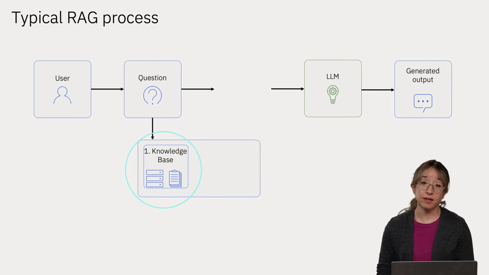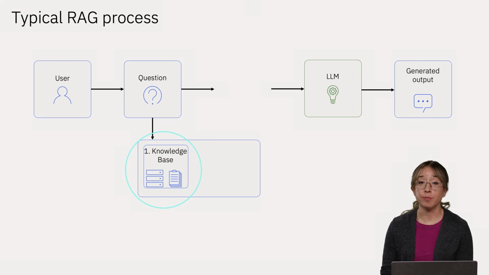Next, save your watsonx project ID and watsonx API key in a separate .env file. Make sure it's in the same directory as this notebook. I have my credentials saved already, so I'll import those over from my .env file and save them in a dictionary called credentials. Okay, now we can get started with the RAG workflow.